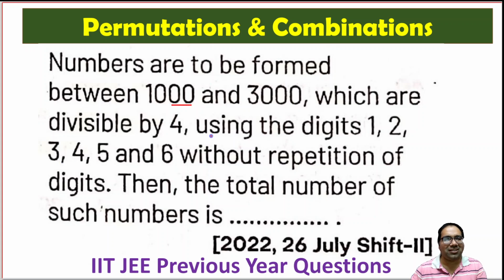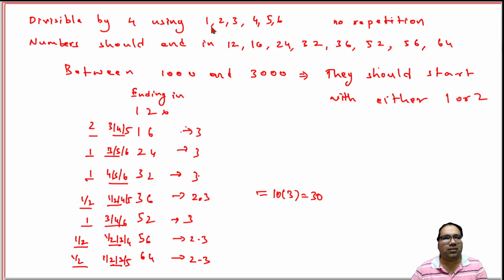We are looking for four digit numbers whose final two digits are divisible by 4. At the same time, they have to start with 1 or 2. That is, we have simplified this problem like this. Now, they have to be divisible by 4. What does that mean? That means the ending should be